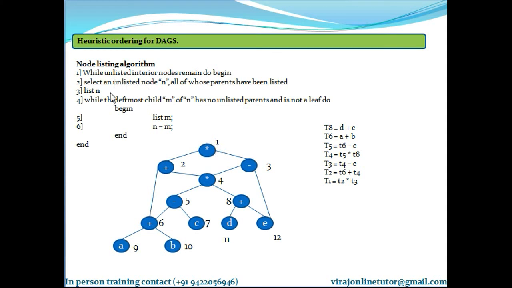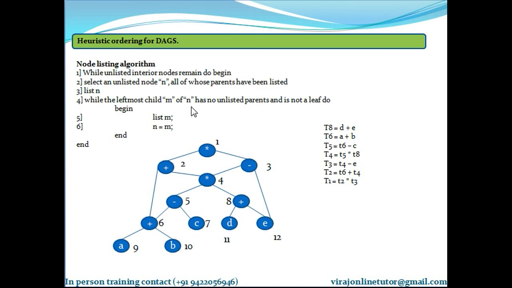So we set n equal to 1, because according to this step I am listing 1. Now the left argument of 1, which is 2, has its parents listed. So we list 2 and set n equal to 2.